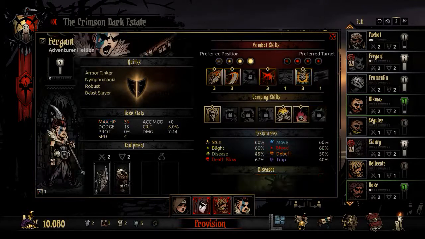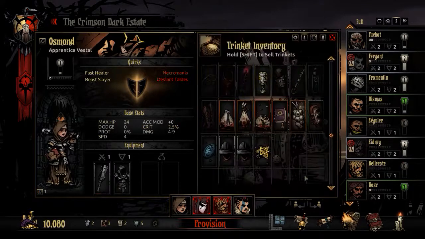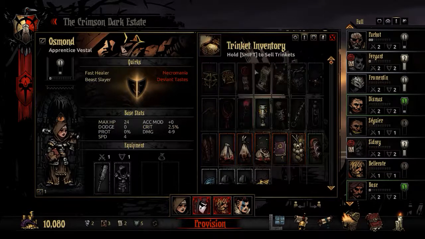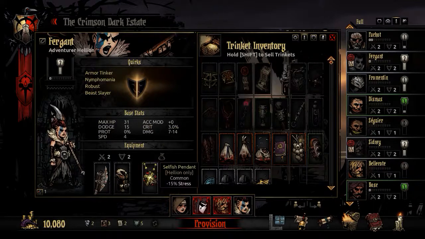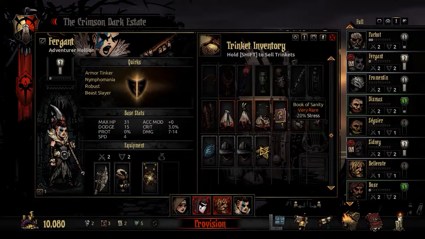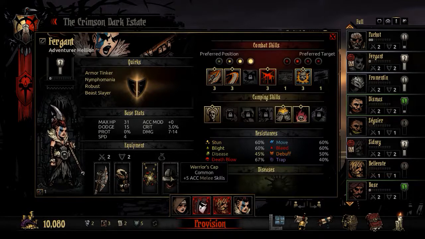Ignoring disease vectors, we have a couple of characters here that need some trinkets equipped, and I'll show you how I go through that if you aren't already familiar with things. Hellion has a negative stress trinket that I've already picked up, which I'll take, and I'll think about either reducing her stress or dropping a warrior's cap. And from memory, the Hellion has quite a few melee-based abilities. In fact, they're all melee-based abilities, so having a plus 5 point accuracy on her is